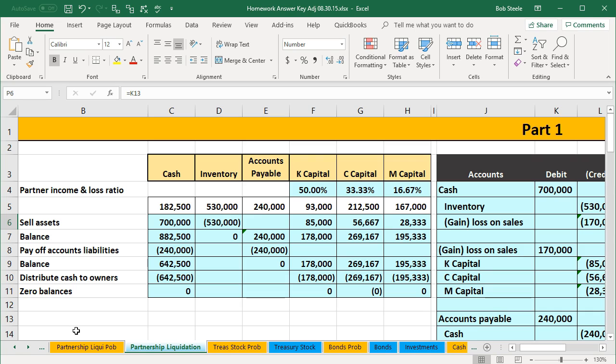For example, if we had a problem such as a longer liquidation type problem of a partnership, a bit more of an advanced type problem, oftentimes we will see this problem presented in the format of a table, because if we put that on a whiteboard, that's one easy way for us to do this. We can present this in that format. However, we want to be able to visualize it in terms of journal entries as well.